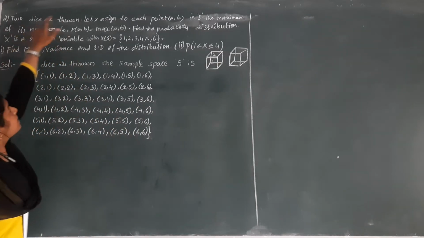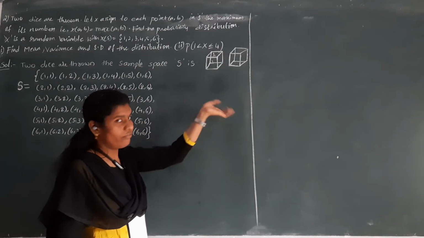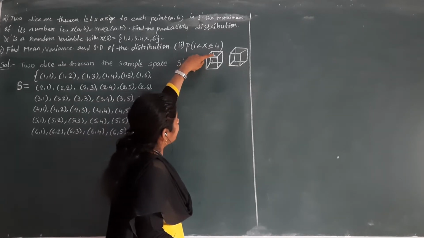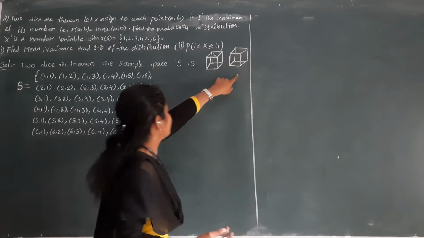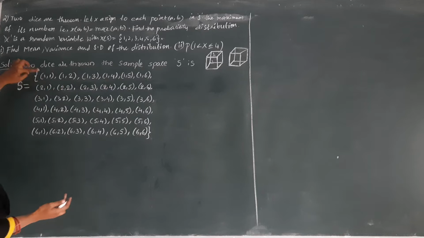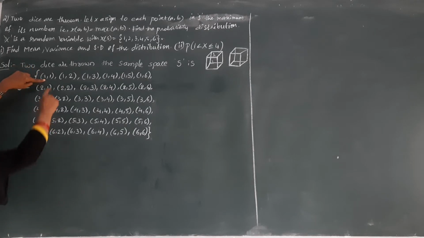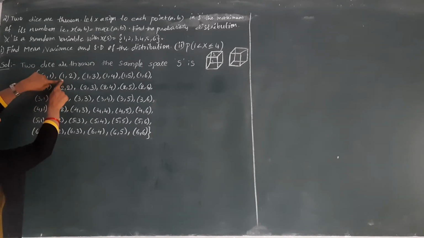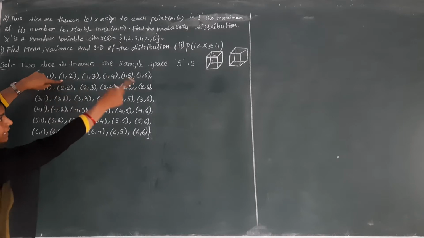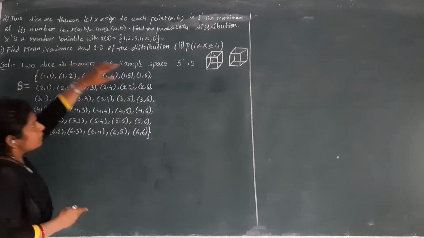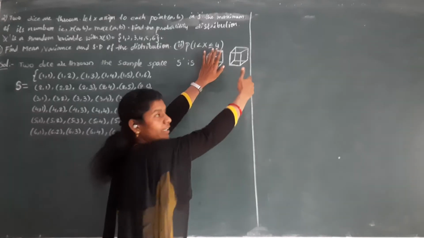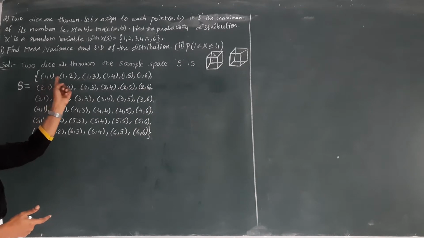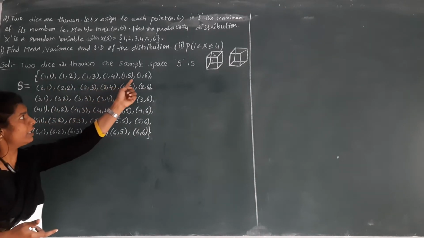Here 2 dice are rolled. For example, if I roll these 2 dice, the top of the first die may be 1, may be 2. Totally we have 6 chances. So here I am writing the top of the first die is 1 and the top of the second die is also 1. Okay, this is the first chance. Next one is the top of the first die is 1 and the top of the second die is maybe 2. So the top of the first die stays constant here while rotating all the faces of the second die. Totally we get the chances 1,1; 1,2; 1,3; 1,4; 1,5; 1,6.